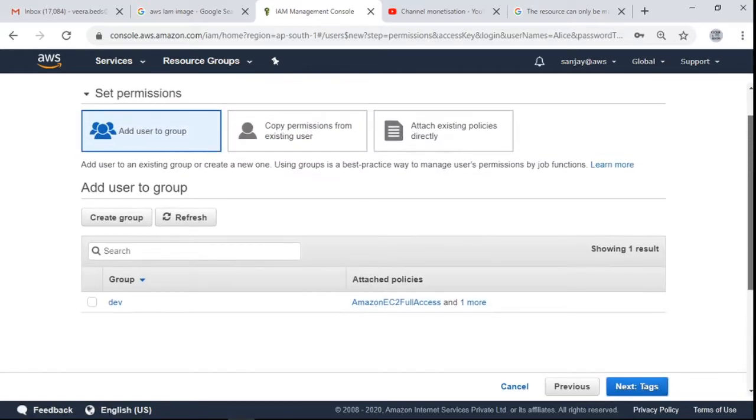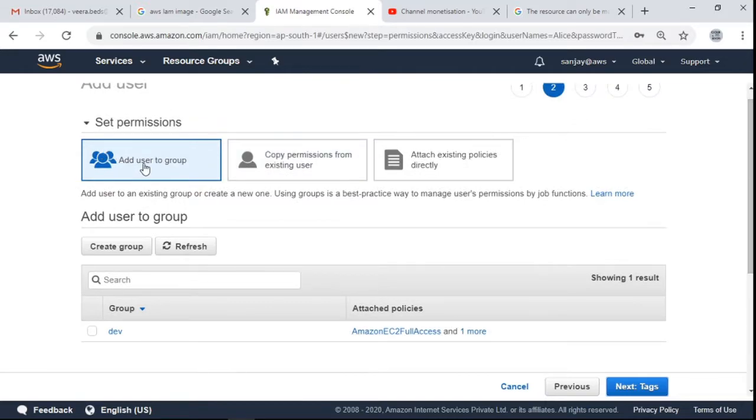So one can be add user to the group, and we can assign this user to some group, and the group's permissions will be placed for this particular user. Or we can copy from the existing user. Already I have one user, I can copy the permission from that existing user,